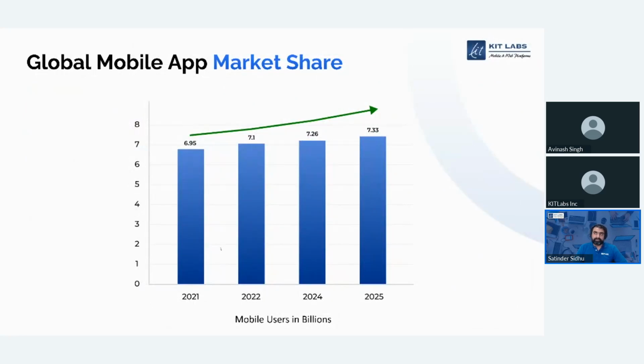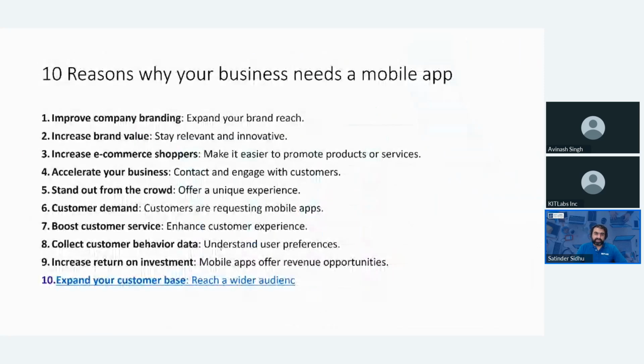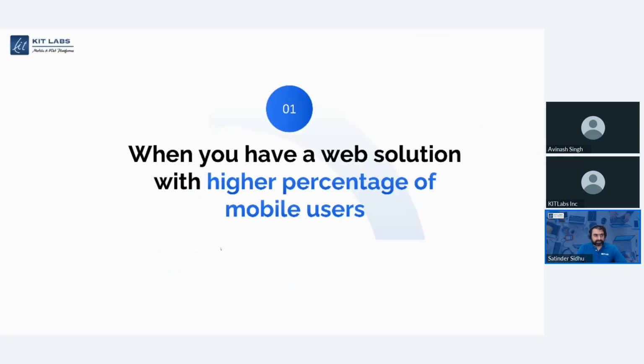What we have found is, number one, there are a lot of mobile users. Instead of sitting in front of a laptop, everyone is carrying very high compute in their pocket all the time. They can very easily open it up and get access to any business. And it is rising, going up and up. There are many reasons. If you Google why do I need a mobile app, you will see predefined content. But based on our experience, we have spoken to our customers and found out how mobile apps are actually helping them, and why they actually needed it.